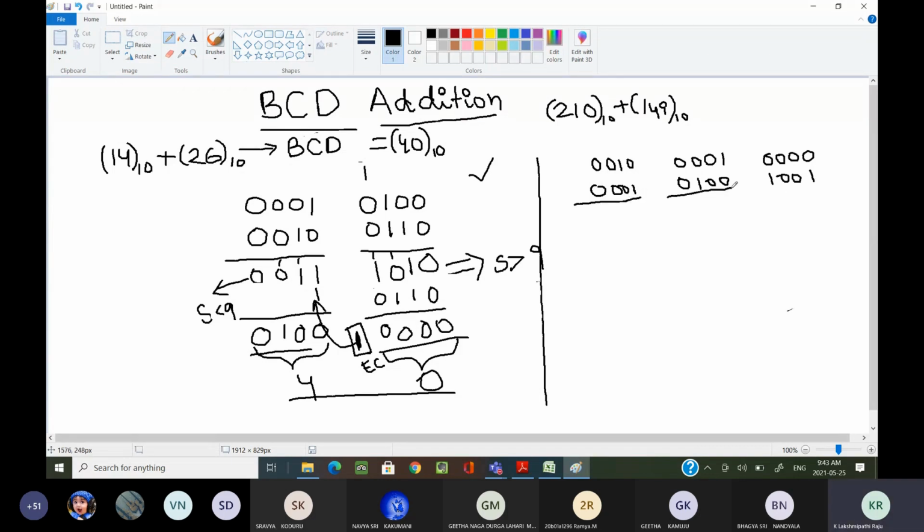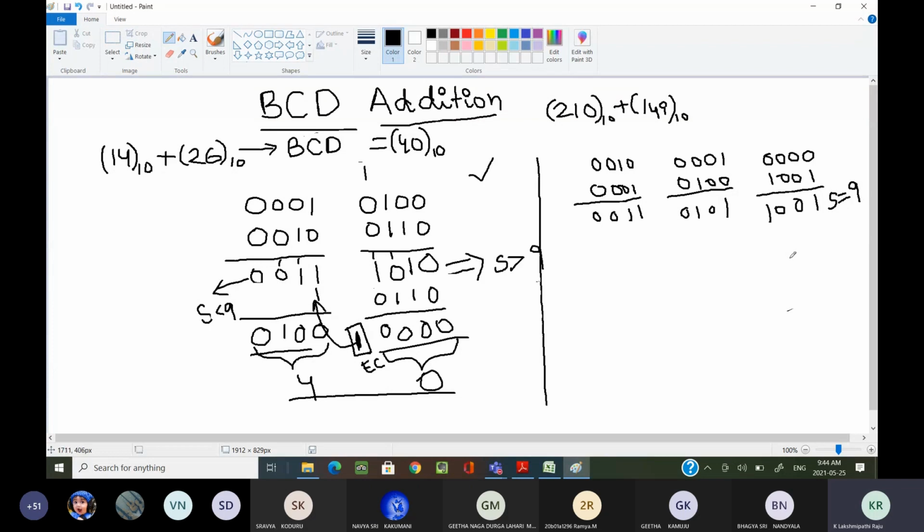Now we have to perform the individual digit sums. Is the first digit sum greater than 9 or less than 9? Less than, or equal to 9 only. No need to perform any correction, because we don't get any end carry. Are you getting it? Yes, sir. Is the second sum greater than 9 or less than 9? Less than 9 only, so no need to perform any correction.